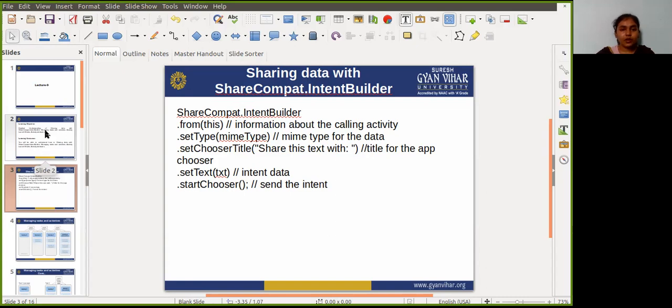And if you write dot setChooserTitle, in which you pass "Share this text with", that is the title for the app chooser. And next dot setText, in which you pass the text, that is the intent data. So dot startChooser sends the intent.